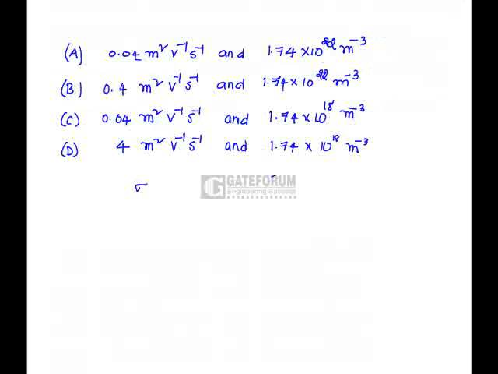We know that sigma is nothing but mu into RH, so mobility is nothing but, here conductivity is also inversely proportional to the resistivity. So mu is nothing but RH divided by rho, which, from the given values, is going to be 0.04 meter square per second. Similarly,